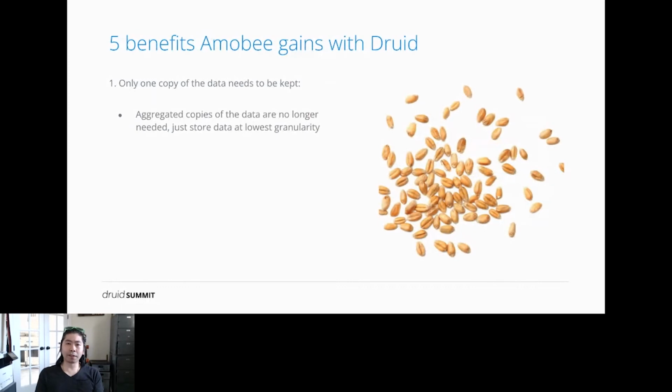So one of the benefits that we saw, and a con of the multi-level aggregates, was that we only needed to keep 1 copy of data now. We just needed to keep it at the lowest level that would suit our use case, the lowest granularity. And for reporting, that's at the hour level. So we could just roll up data at the hour level, and given data rolled up at the hour level, we can support reporting at any time zone, right? Whether it be week, month, quarter, and so on and so forth. It's just 1 copy of the data.